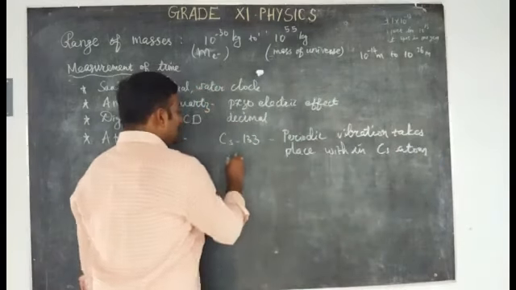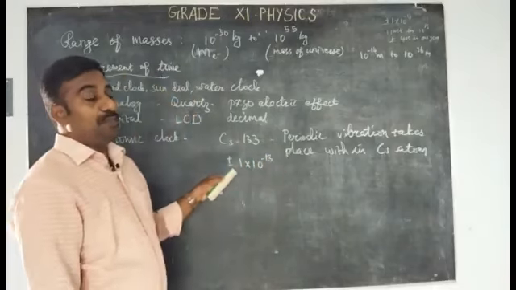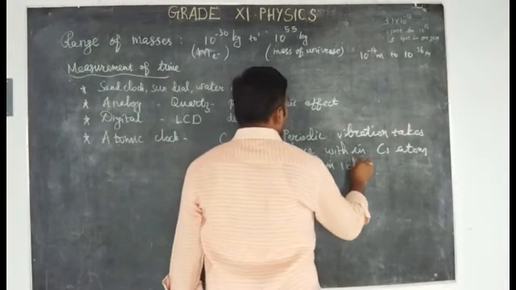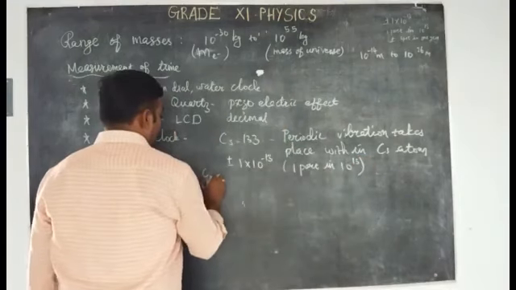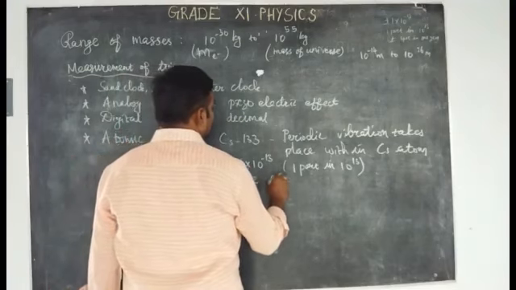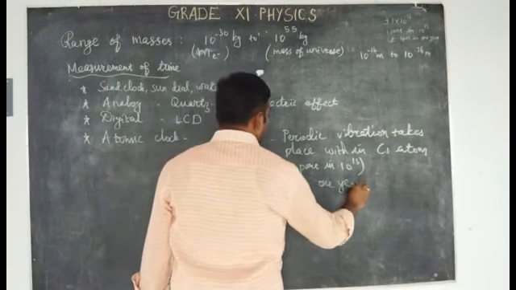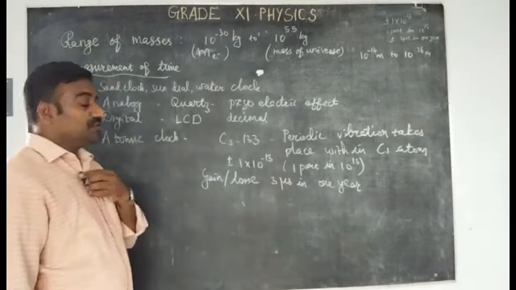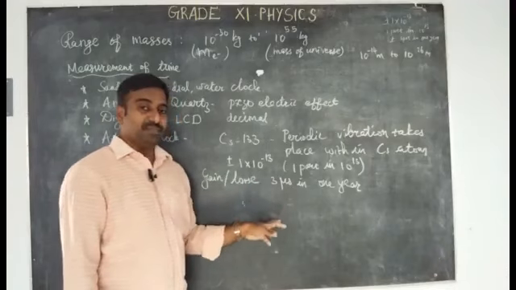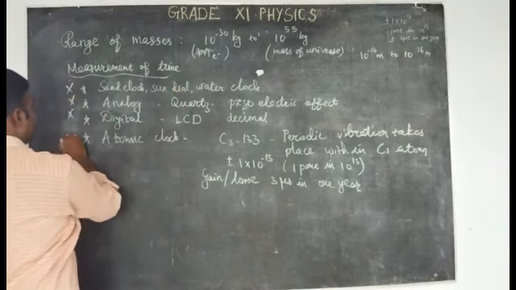So the accuracy is plus or minus 1 into 10 to the power minus 13, which means 1 part in 10 to the power 13. So it may gain or lose a microsecond in every 1 year. அவ்வளவுதான் டைம் error, not more seconds, microsecondsல. So some எவ்வளவு microsecondsனா 3 microseconds ஒண்ணா gain அதிகமா போயிருக்கும், இல்லனா 3 microseconds கம்மியா போயிருக்கும். So இது எல்லாத்தையும் கம்பேர் பண்றப்போ நமக்கு பெஸ்ட் ஒன் அட்டாமிக் கிளாக்ஸ்.